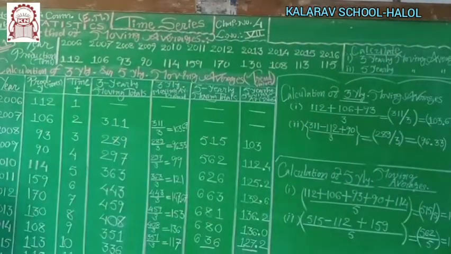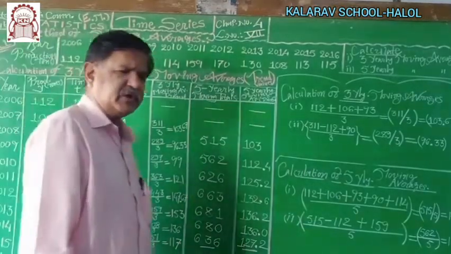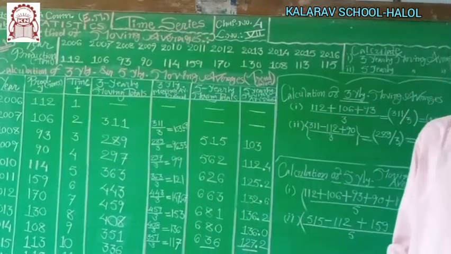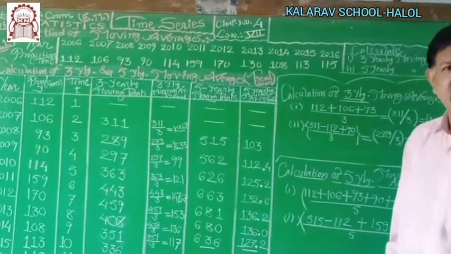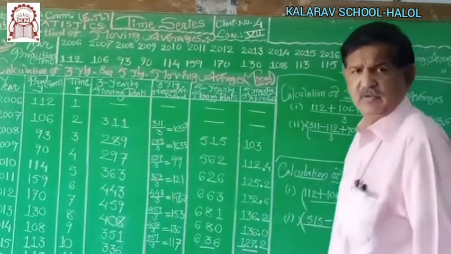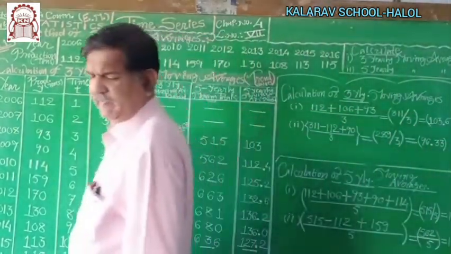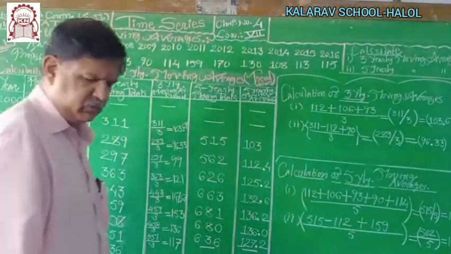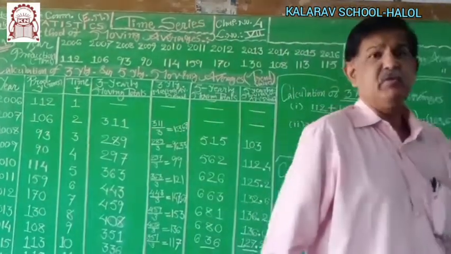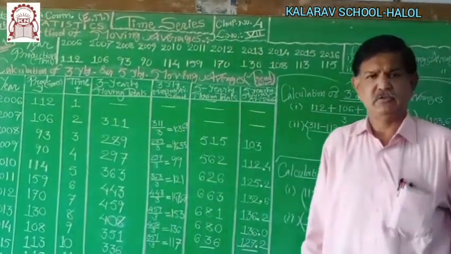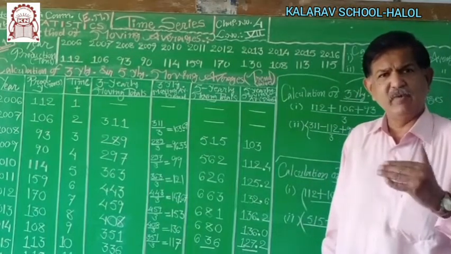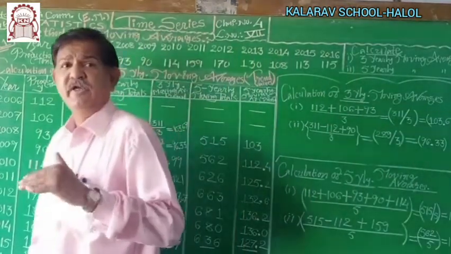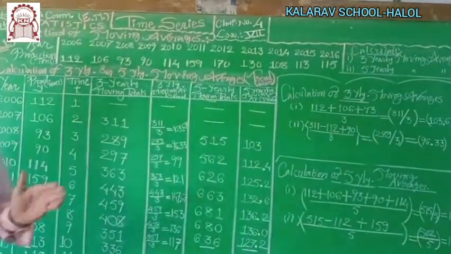Analysis of time series. Last time we discussed the method of least squares for fitting a straight line trend, y cap t equal to a plus b t, the standard form, and the calculation of a and b. Today we are going to take the method of moving averages. Generally, 3 yearly, 5 yearly, 7 yearly moving averages and 4 year centered moving average can be asked in this method.